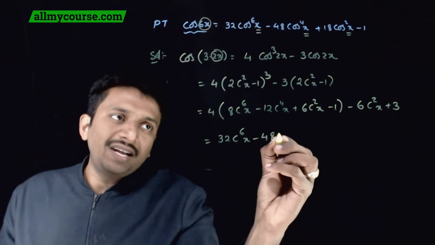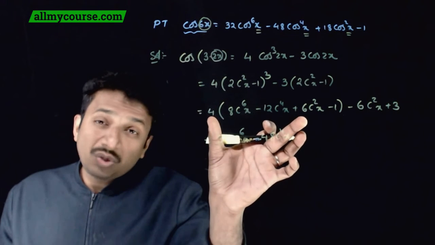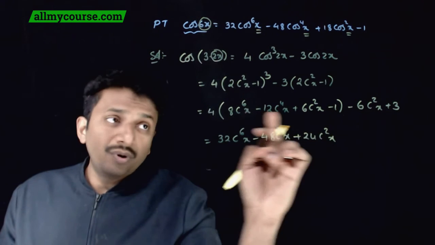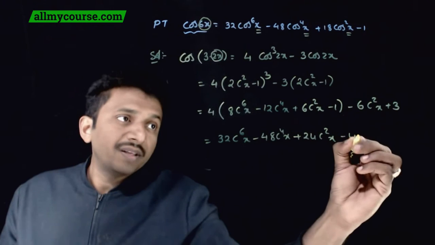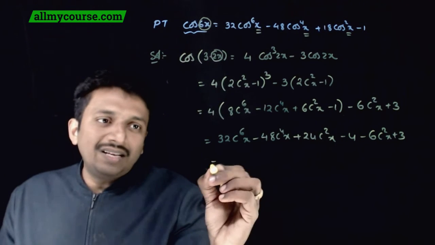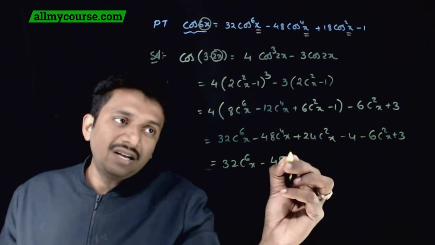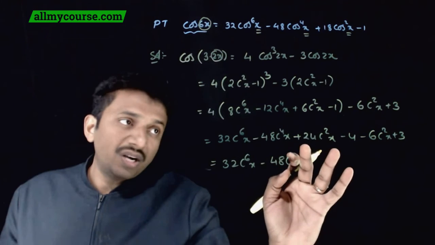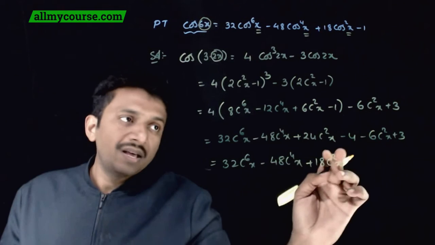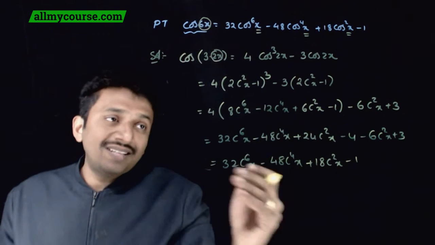minus 48 cos power 4x plus 24 cos square x. 4 into minus 1 is minus 4, minus 6 cos square x plus 3. That is equal to 32 cos power 6x minus 48 cos power 4x plus 24 cos square x minus 6 cos square x is plus 18 cos square x, minus 4 plus 3 is minus 1, which is exactly same